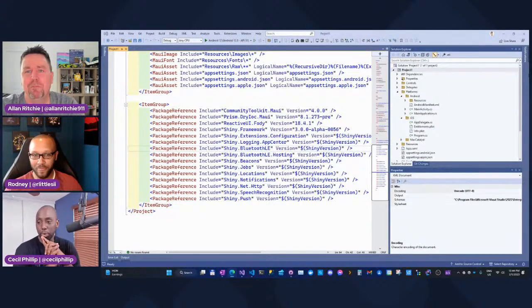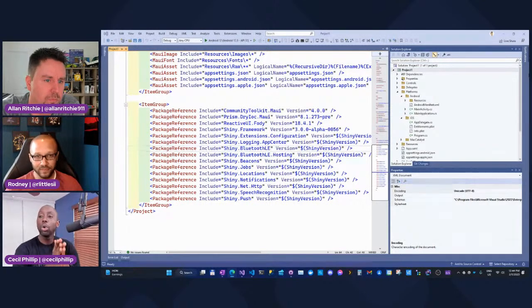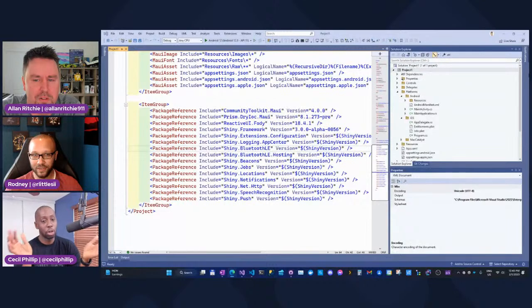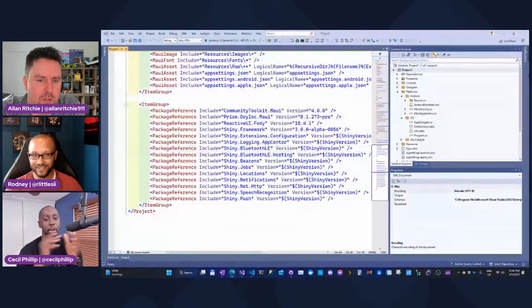One more question before I let you go on. Is Shiny only for things that Xamarin supports, or can I put it in a web forms app or a .NET UWP app? I think you can do .NET with UWP. I don't know, but can you do that, or is this only for Xamarin Forms and Xamarin MAUI things? So right now it is for iOS, so Xamarin, .NET 6, .NET 7, iOS, Android, and Mac Catalyst.